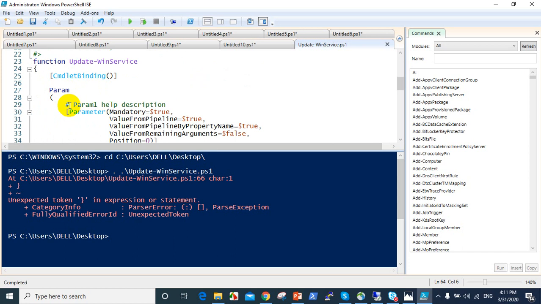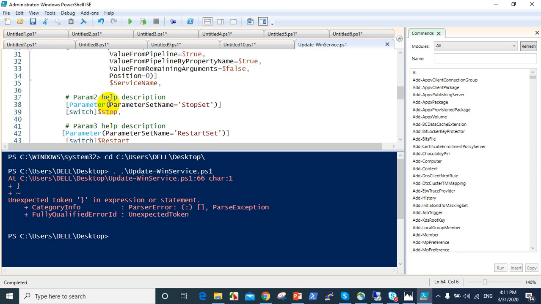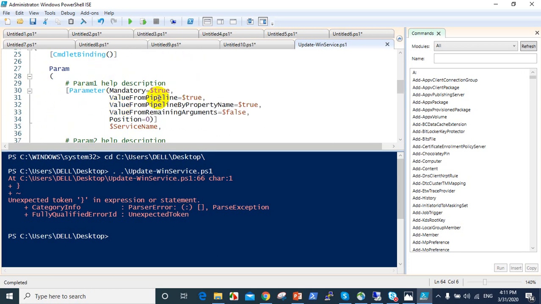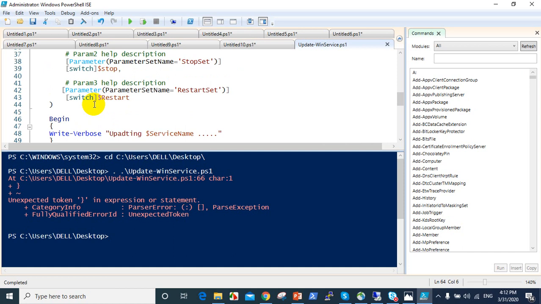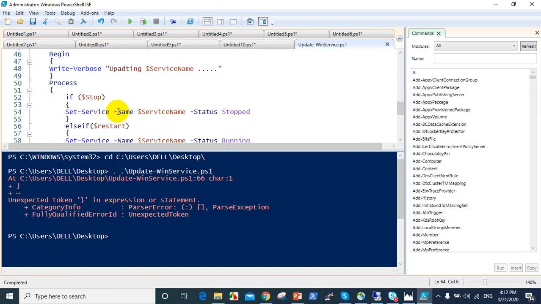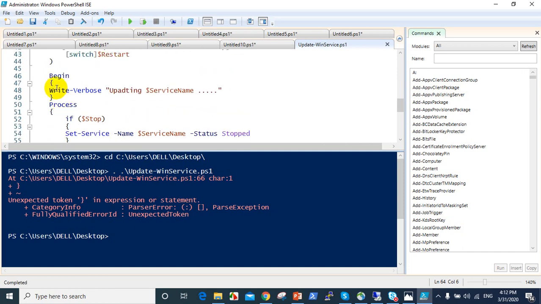Then param end, then here no problem ending with 0, yes, with 0 it's true. Then here this p2 now it's okay, and with this restart okay, switch okay, begin with 1 and close this,